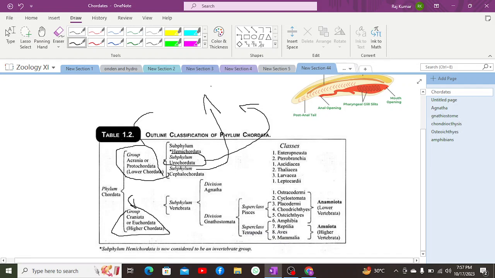One more thing here, that these Urochordata are also known as tunicates. These are known as tunicates because they are having their body enclosed in a sac-like structure, which is known as tunic, due to which these are known as tunicates. And apart from that,